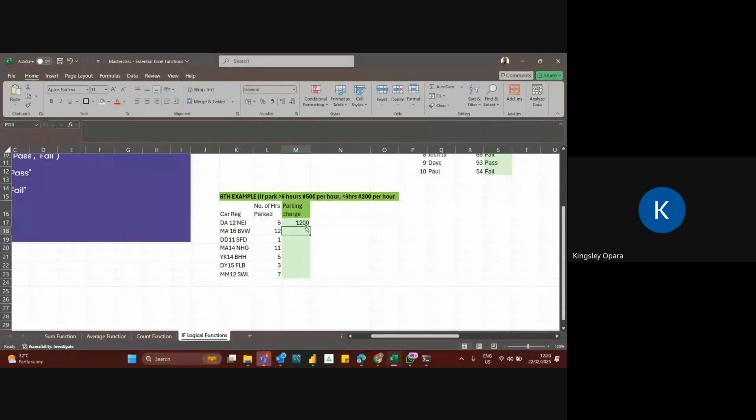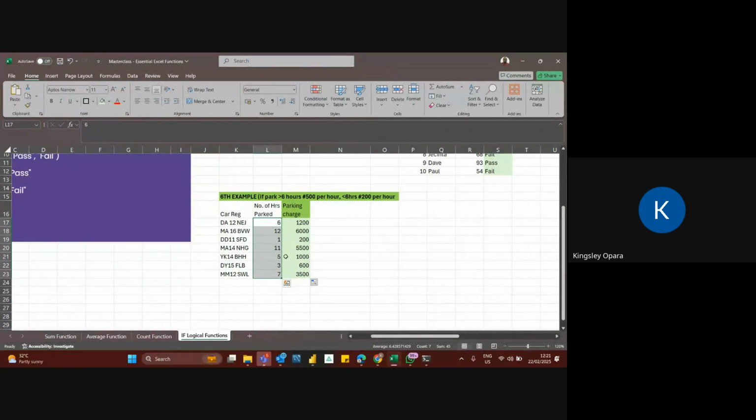And then if I drag this down, you'll see for the rest. 126, 200, 55, 1,600, 3. You can see if there were 10,000 vehicles, if there were 1,000 vehicles, if there were 500 vehicles who came to park today, and the number of hours they spent is indicated here, in one single function that is built in less than 1 minute.